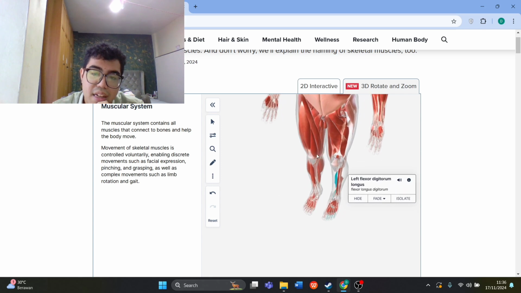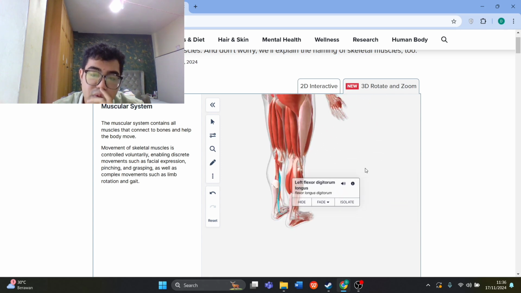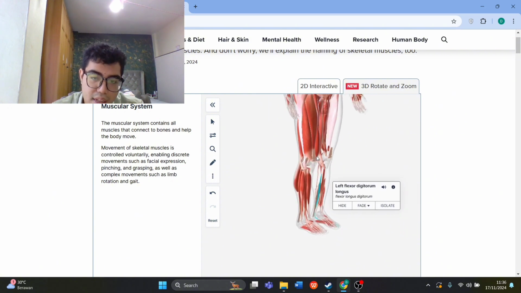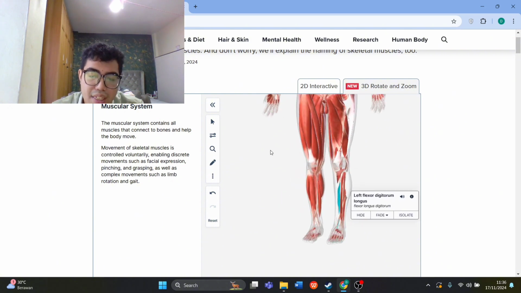Since it seems like I've already explained most of the major muscles, at least the ones on the surface, as well as their skeletal structure, the origins, insertions, and functions,